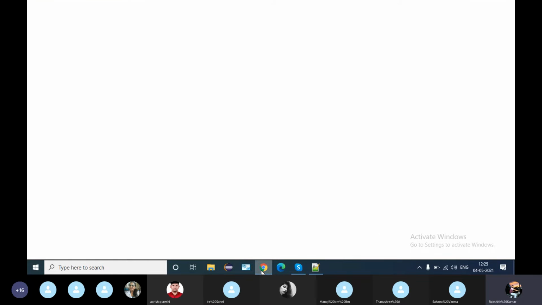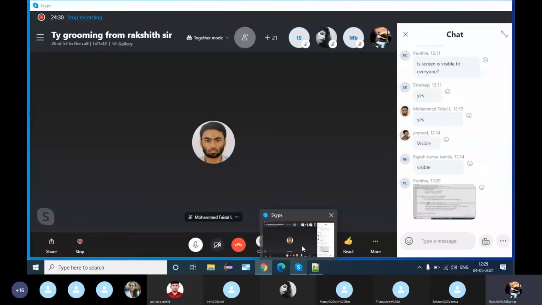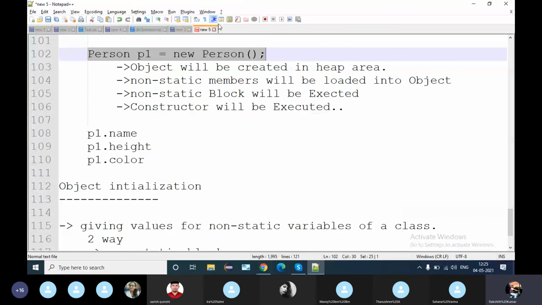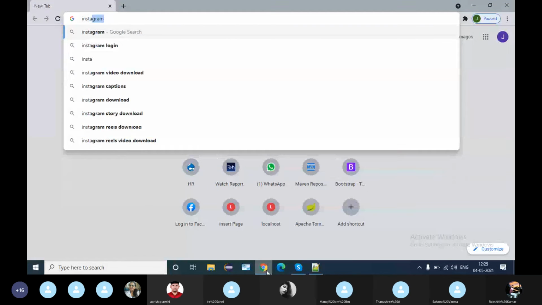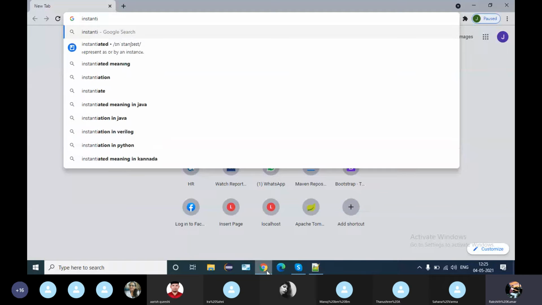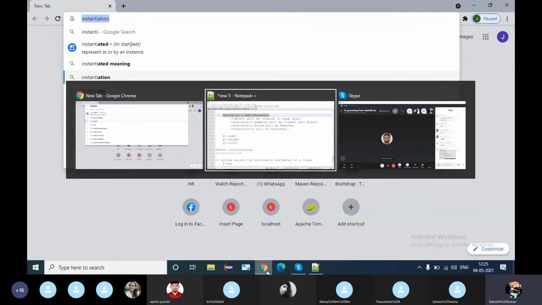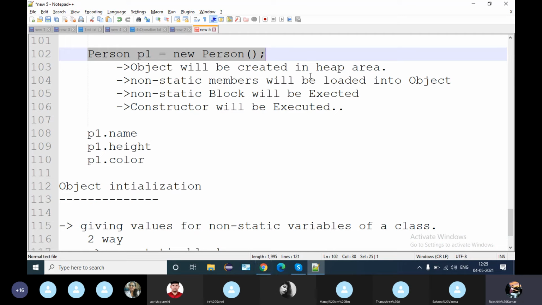I don't know the spelling of instantiation, so I'm checking it in Google Chrome. Instantiation, this is the spelling. So this statement is what we call an